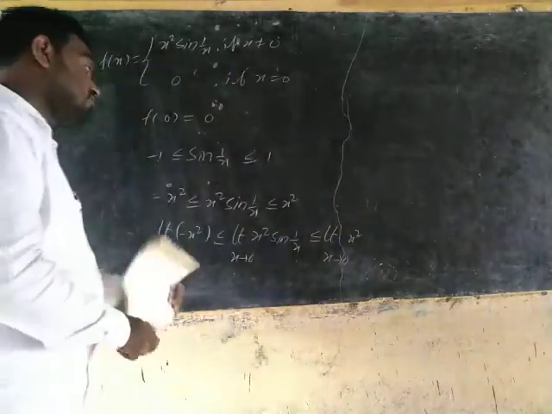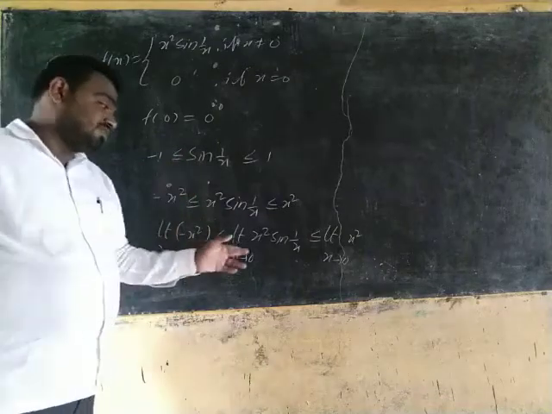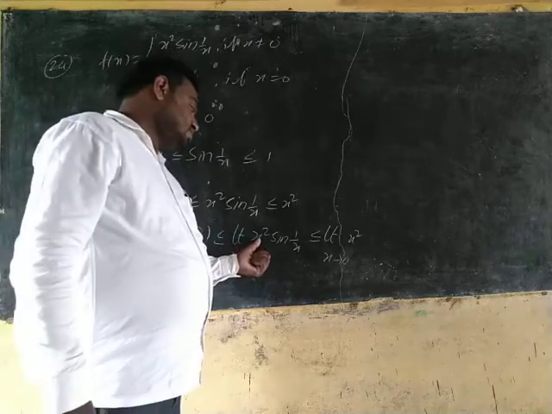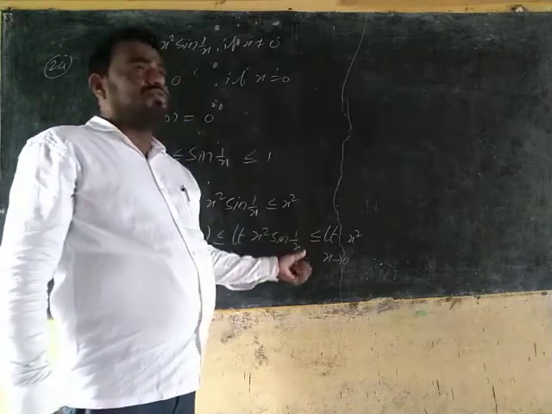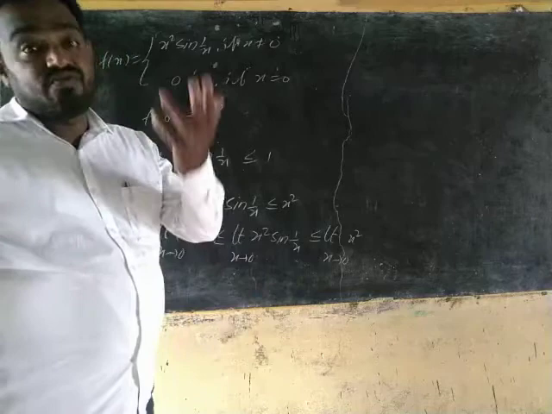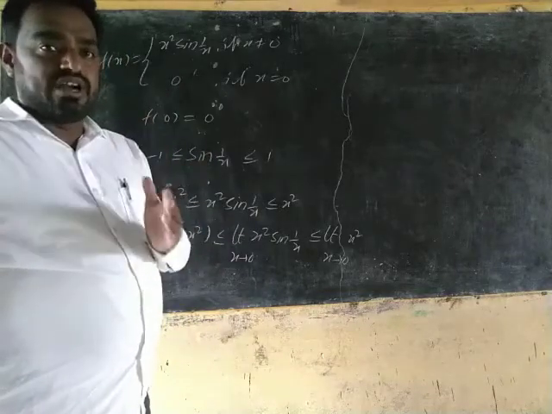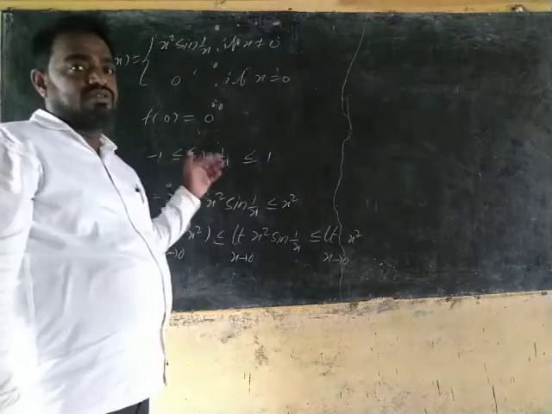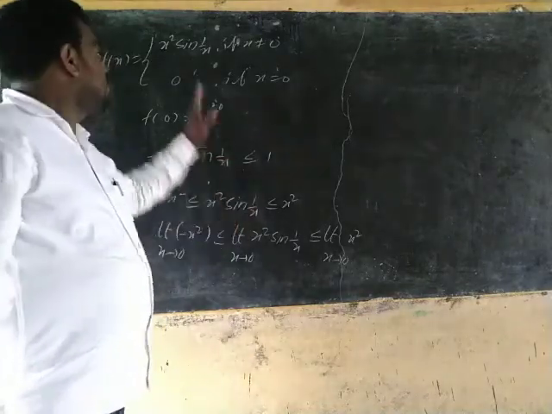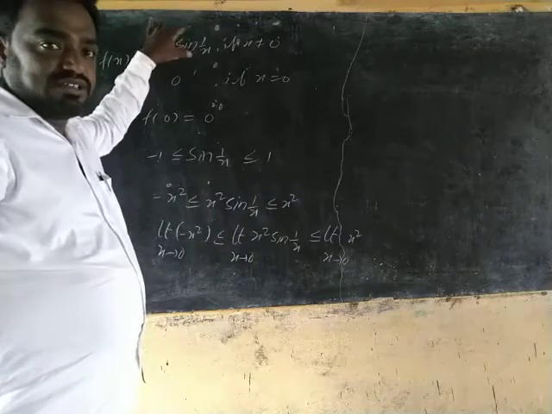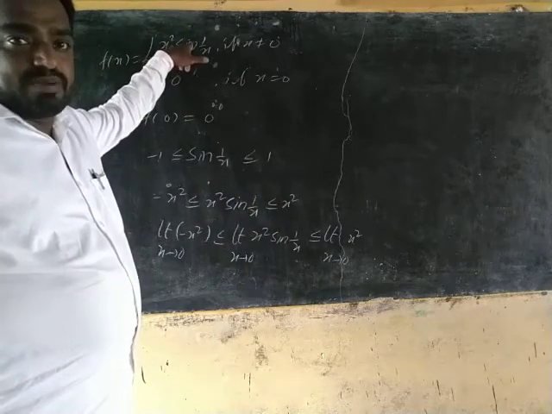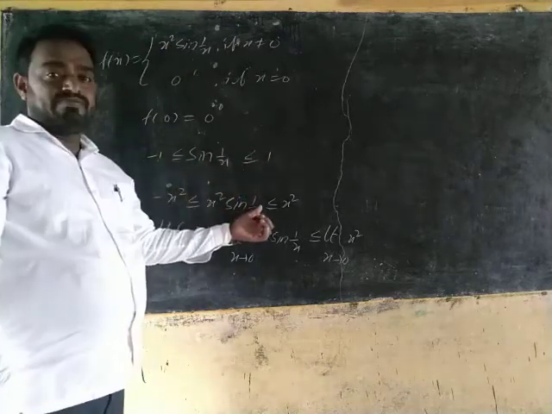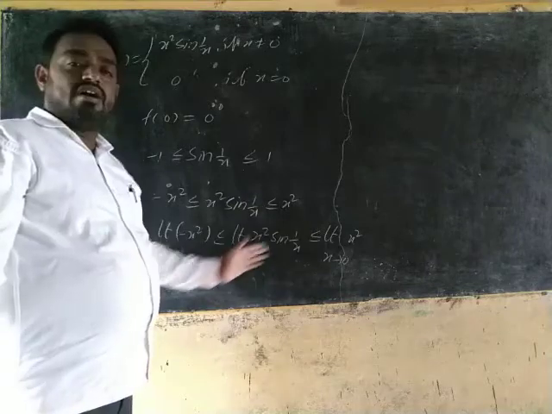So while I am using this one, if you substitute directly limit x is equal to 0, what you are getting is 0 square into sine of 1 by 0. 1 by 0 is infinite, not defined. So I have taken the left and right limits, the maximum and minimum values of the sine function, and I try to form this function. That means how are we forming this one? By multiplying x square, so that every term I multiply with x square. Next I applied the limit for all the terms.